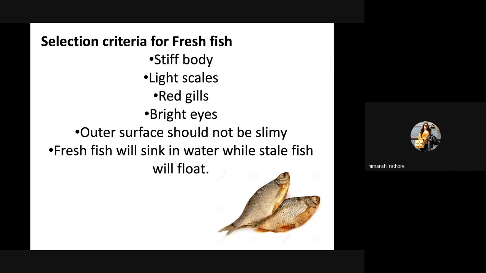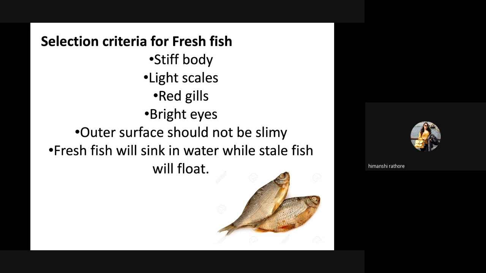Now coming to the fishes. Which points do you have to keep in mind while selecting the fish? So the body has to be stiff in nature. There must be light scales, red gills, bright eyes. The outer surface should not be slimy, and fresh fish again will sink in water while stale fish will start floating,